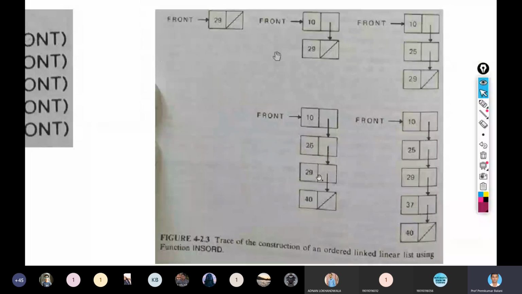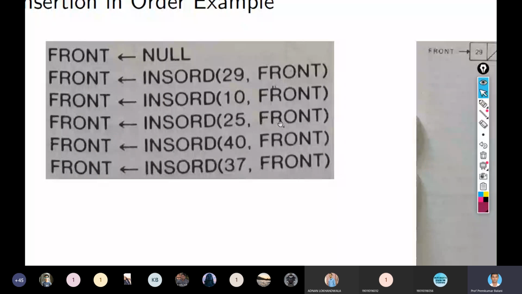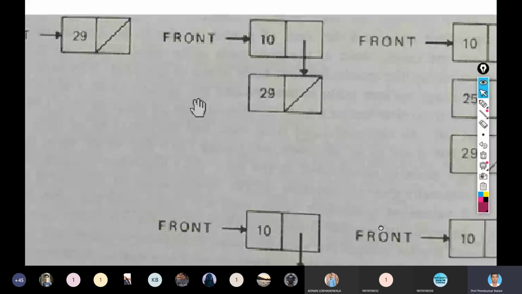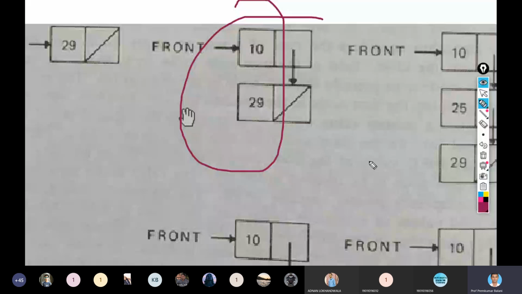So you can see this. These are the calls to the insert in order, and this is the result of that. Initially 29 was inserted, then 10 was inserted, right?